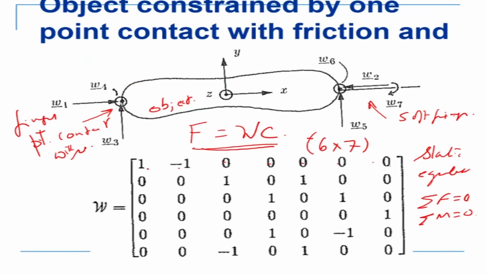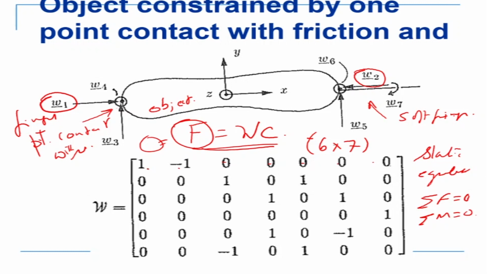Now if you go back, we need to understand this in terms of the physics of the problem, that even if the external forces here are equal to 0, that means, for example, this object doesn't weigh anything. Okay, it has no mass. In that case also, you must have W1 and W2. Otherwise, you cannot have this grasp. So it's like saying for a weightless object also, you need force to hold it, which is true.